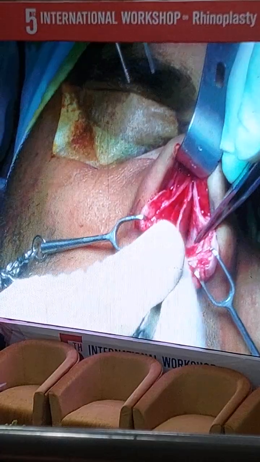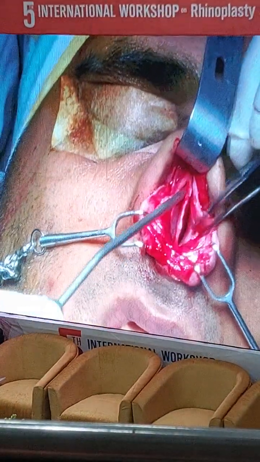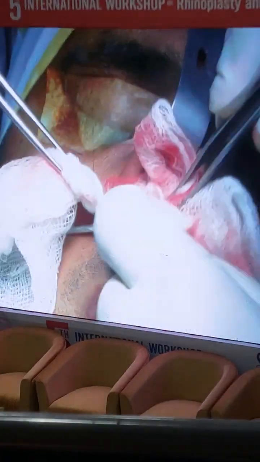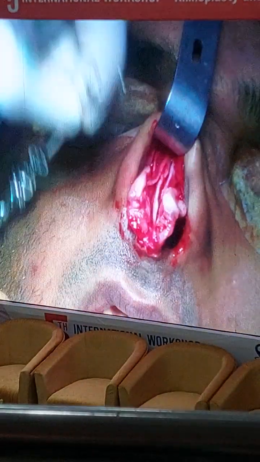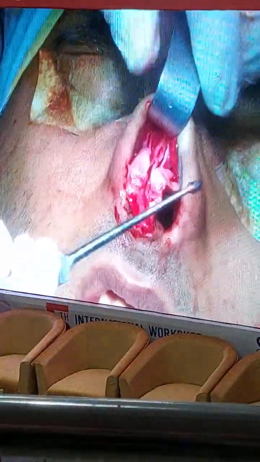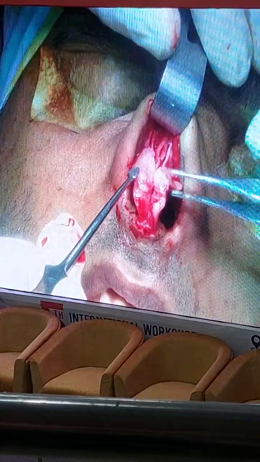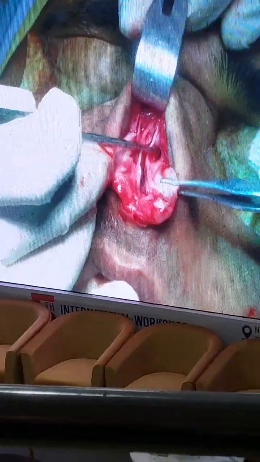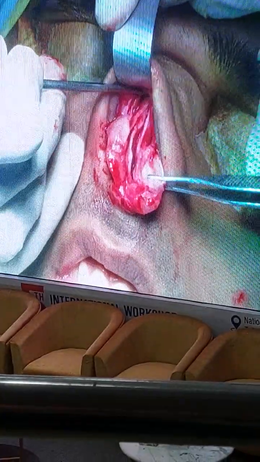Yes. So now our second golden stage is complete. We complete the exposure and then we just revise a little bit of the anatomy for my junior colleagues. So this is the LR cartilage, right side, this is the left side, okay? This is the upper lateral, and above it we have the nasal bone.